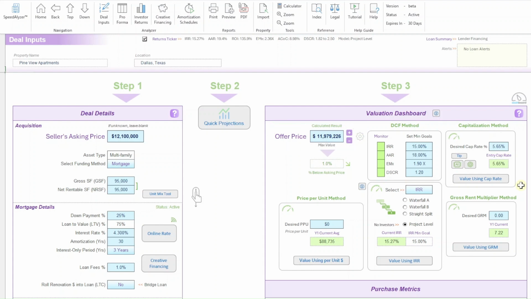When negotiating with the seller, you can manually input an offer price and get instant feedback. For example, let's say the seller won't budge and asks us to come up on price. Let's start by inputting their asking price of $12.1 million. Our IRR has been flagged yellow in the goal monitor. According to the returns ticker, our IRR has dropped below our 15% target, coming in at 14.9%. That means we need to reduce our offer price just enough for the IRR to increase and the indicator to